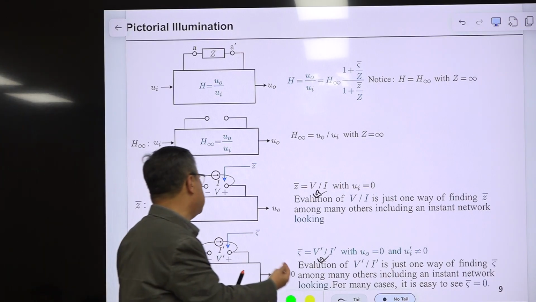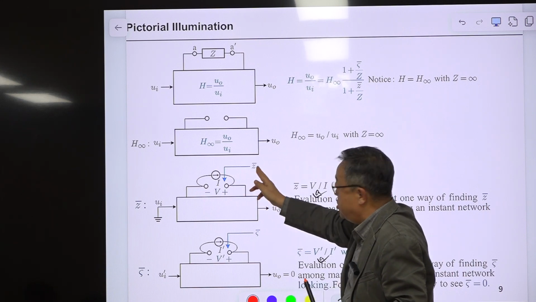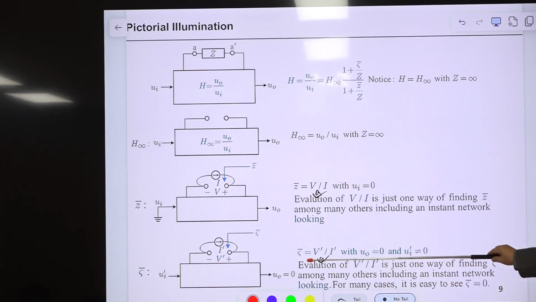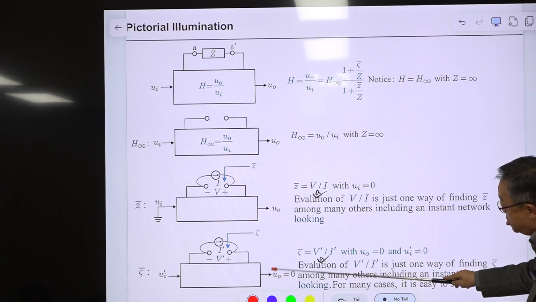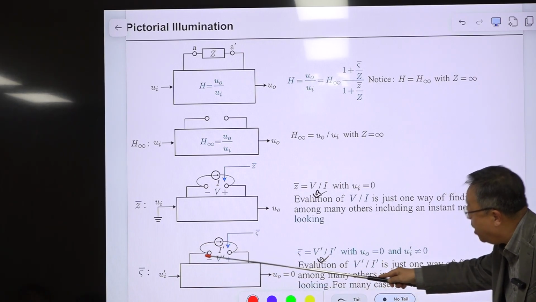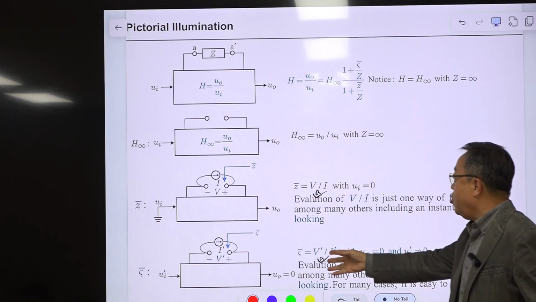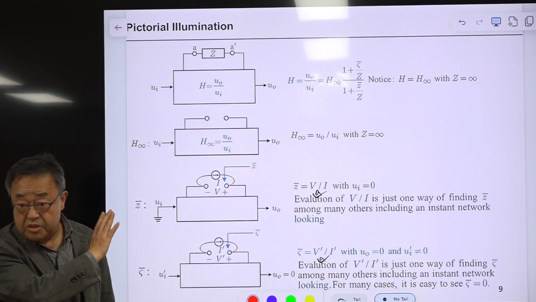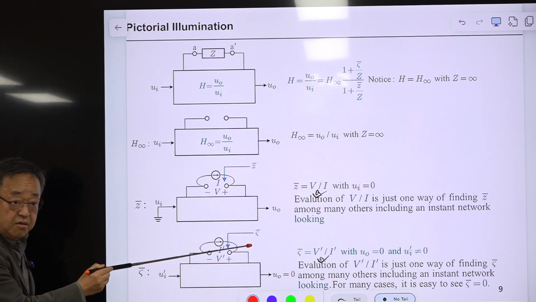But in many cases, you just look through this opening, through this hole. Then this will be seen directly. The same is true for this case. This is a null driving point impedance. The condition of this is 0, not grounded. This is 0, and there is something here. Then using this condition, it forces something to be 0 inside of this circuit. We have seen in the previous example, using that information, you can easily see this.